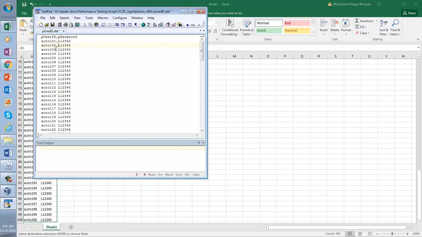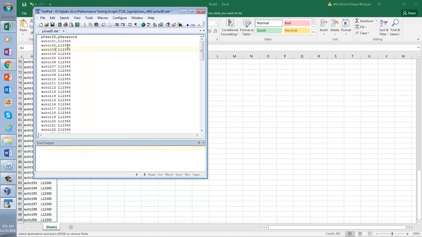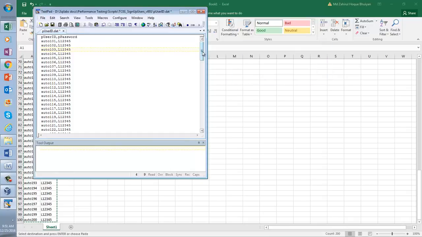So what I am going to do here is press Ctrl H. See what I am doing here. H like hotel, H like Henry. Now take a look here. I am selecting that space, pressing Ctrl H, and if you replace all, can you see all of the spaces are gone and they are replaced with commas? And then at the end of the parameter, what will I have to have? I will have to have an empty line. Then I am going to close it.